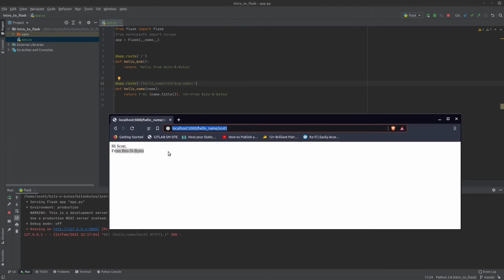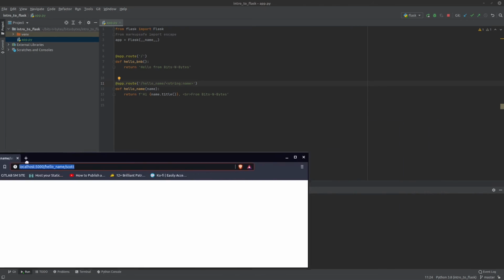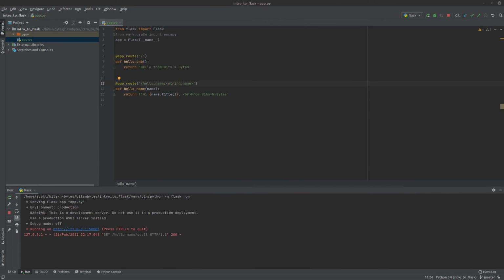So the next one we can talk about real quick is there's a path parameter type that you can use. So let's just do app route, and then we'll do something like, see, that's the configure the converter type.